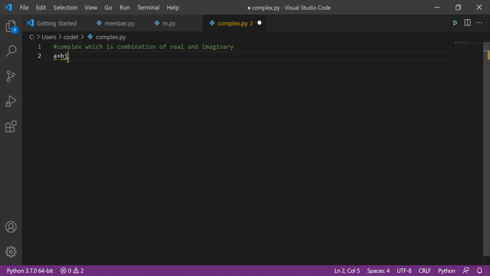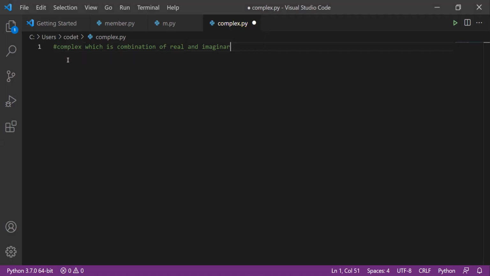Now, how do you get this imaginary? It is because whenever you are finding roots, j square equals -1. After the square goes to the right-hand side, we get j equals the square root of -1. This means that whenever we have a square root with a negative value inside, we consider that as imaginary.